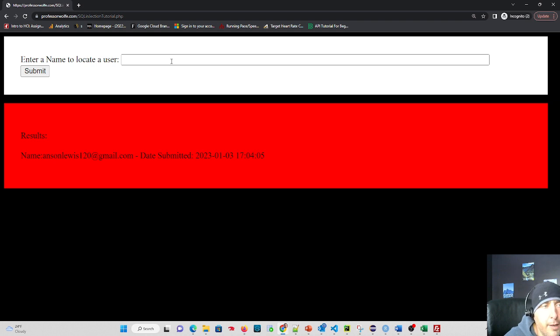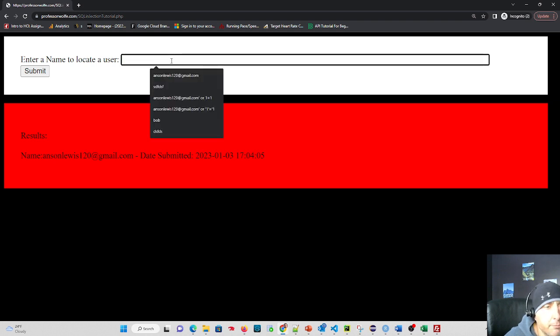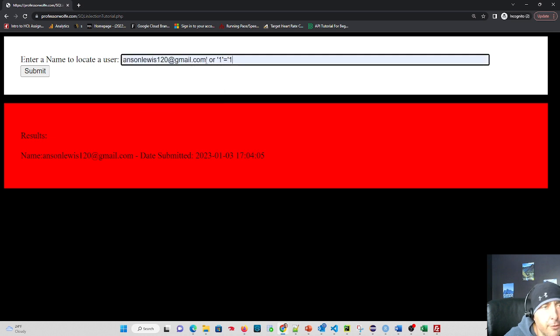But now let's see what happens when I use SQL injection. Here in my example, what I'm doing is still searching for that value or any value. I'm using an apostrophe and then I'm adding more code after that apostrophe. So in this case, I'm saying or 1 equals 1. Basically, I'm interjecting my code into that SQL statement to get my code to operate the way I would like it to. So if I hit submit now,